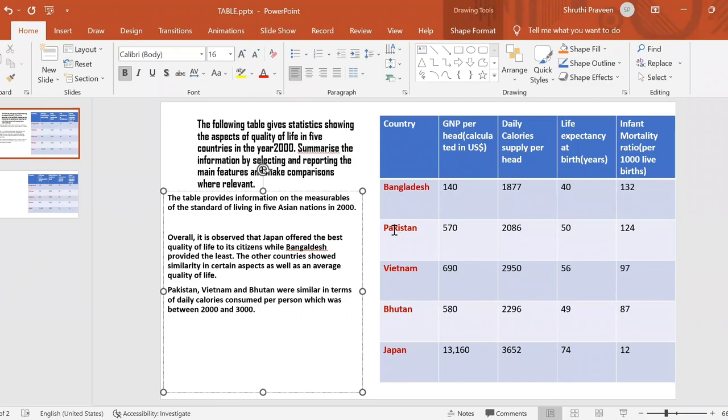So now I'm going to compare Pakistan and Bhutan with Vietnam. Even though there were similar numbers when it comes to daily calories, here there's quite a difference of about $100. So I'm going to write: there was only a marginal, because a $10 difference is quite marginal, marginal difference in GNP per person in Pakistan and Bhutan